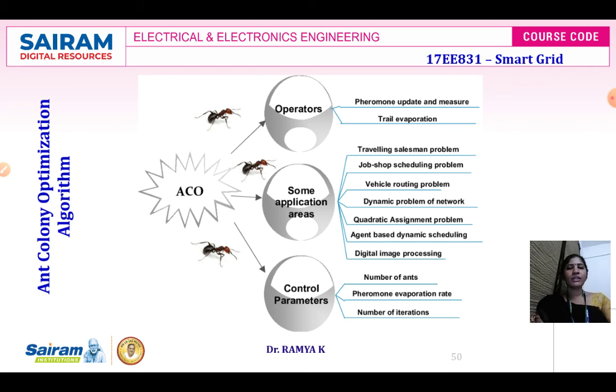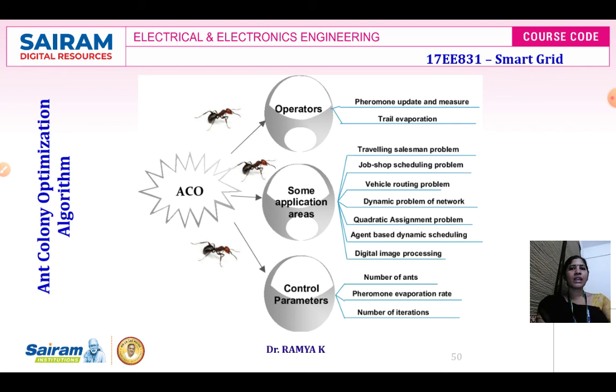When you are implementing this ant colony algorithm, whatever measurement we obtain will involve a stochastic local decision policy, which is based on two parameters. One is the trails and the other is the attractiveness. The phenomena of information that we obtain will direct the search towards the future value. That is, based on the present situation and present value, a future value will be decided. That future value will depend upon the real-time recorded data plus the previous value.